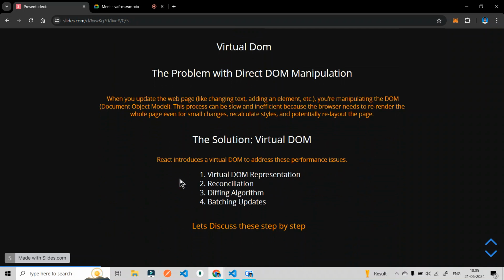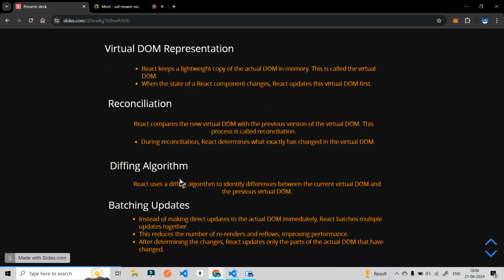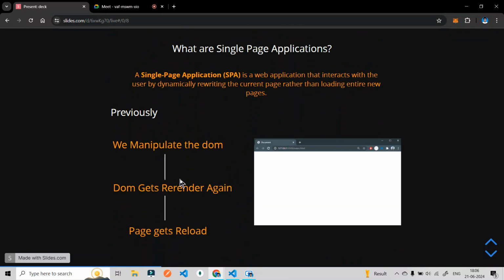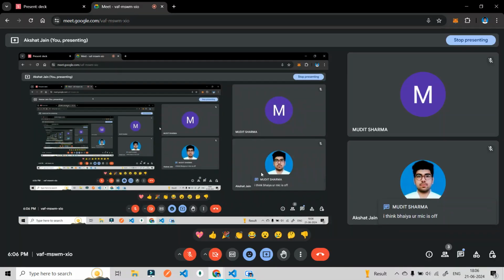We understood virtual DOM in depth, since it's a very important concept, especially in React.js, and how it makes it different from other frameworks and JavaScript libraries. And then we understood what is application and